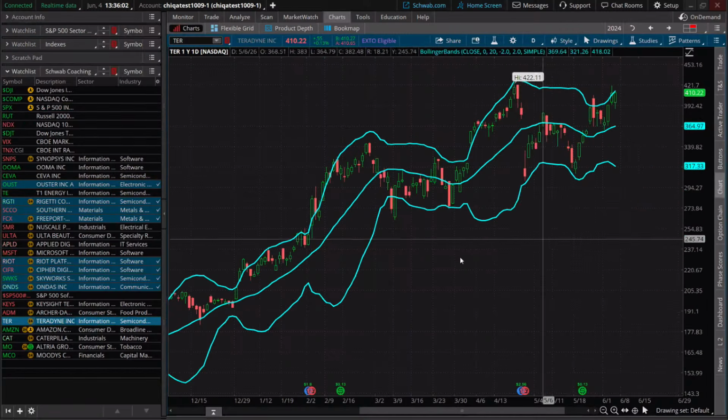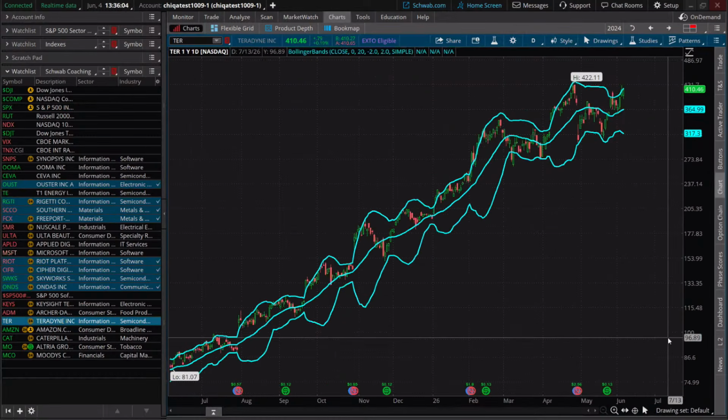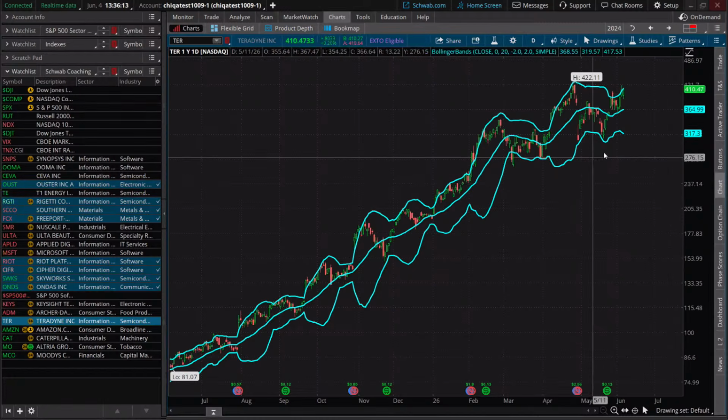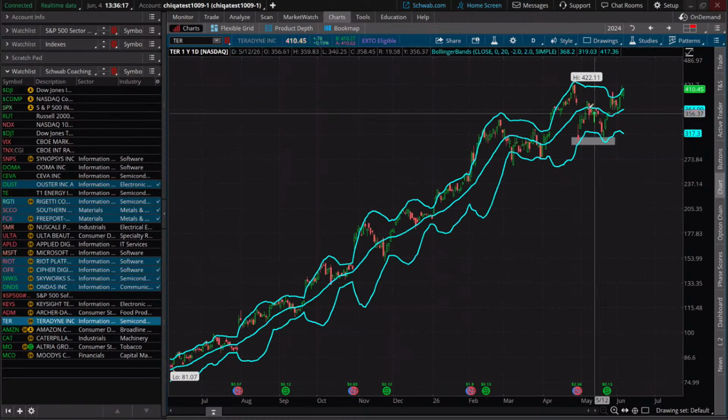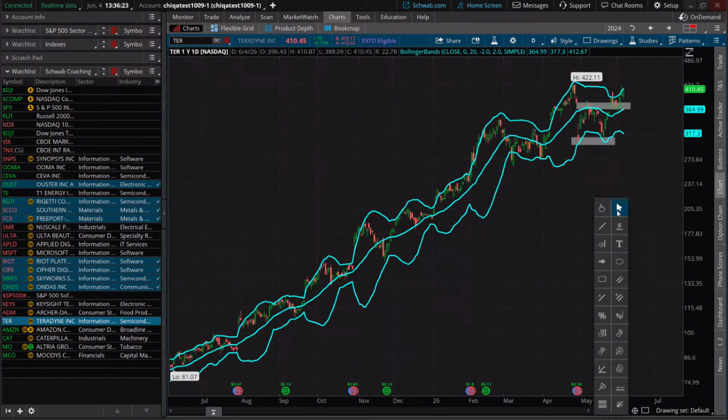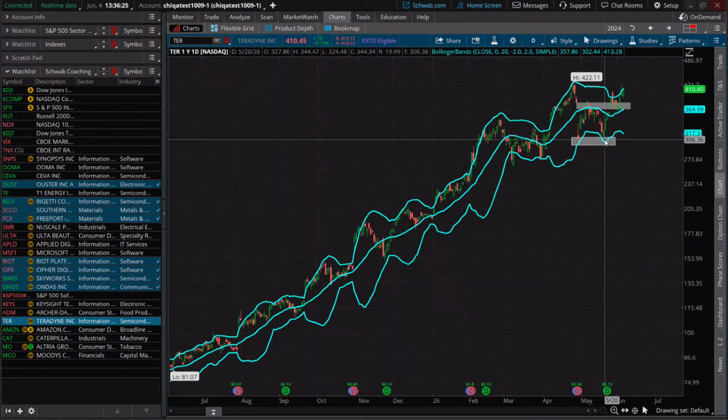So this is Teradyne. Now this trend looks a lot different. This has been in an ongoing uptrend. You guys have seen this. We had a little bit of a consolidation here where we had a little bit of a double bottom pattern forming, where a mean reversion trader would have looked at this as a place to kind of enter maybe into a long position during a consolidation.